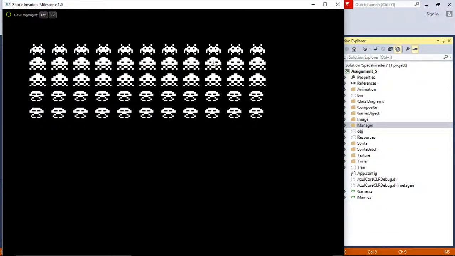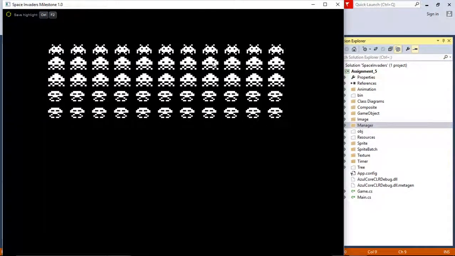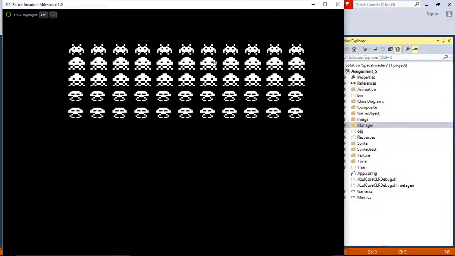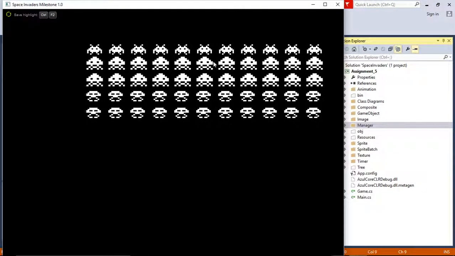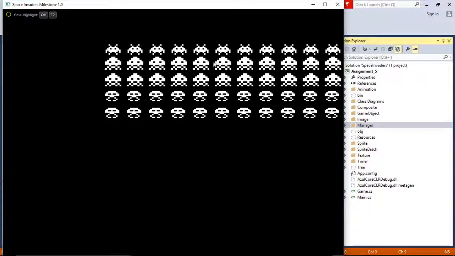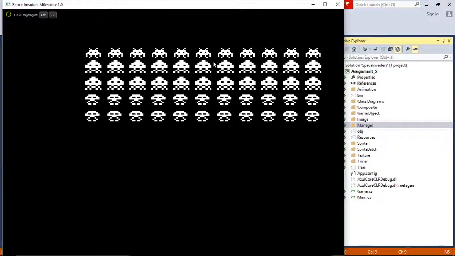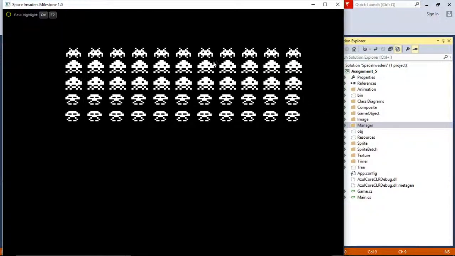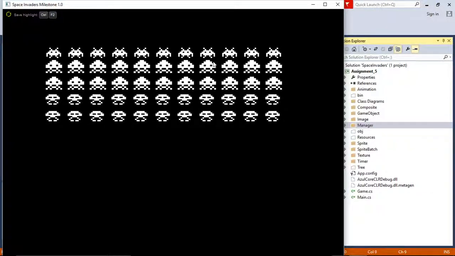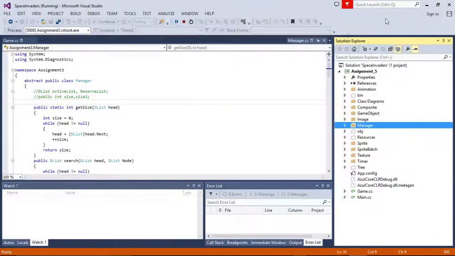And one more interesting design pattern I came across in this milestone is the iterator. I say more interesting because it replaces a chunk of code with a single update function. This single update function is going to handle everything related to rendering and updating. And I'm going to show you those class diagrams.